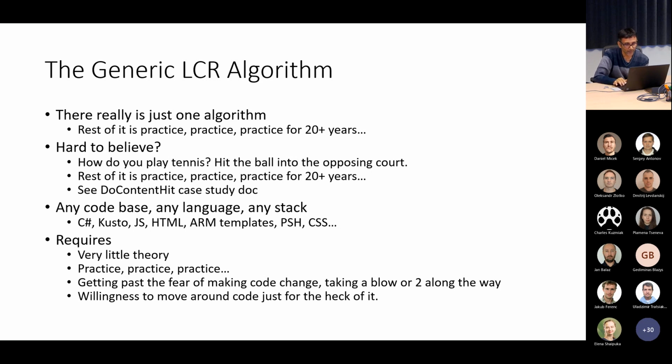That's it, right? And again, you practice here. It's the same thing. So some of the skills that make you look like magicians are not all that complicated, right? The theory is very simple. Check out the Dot Net Hit case study. The same thing was applied there. Nothing different. It's the same thing, right?